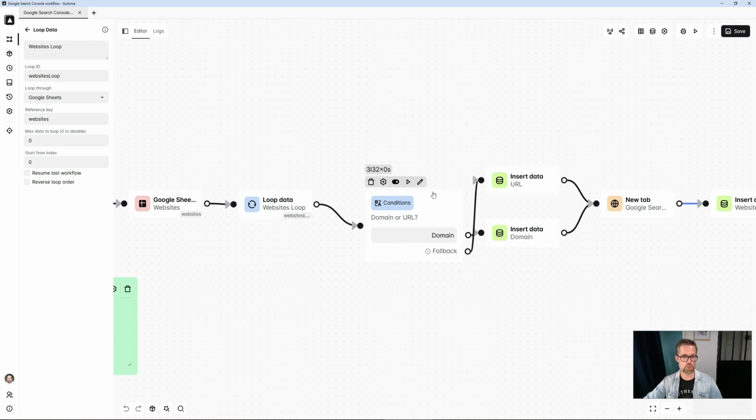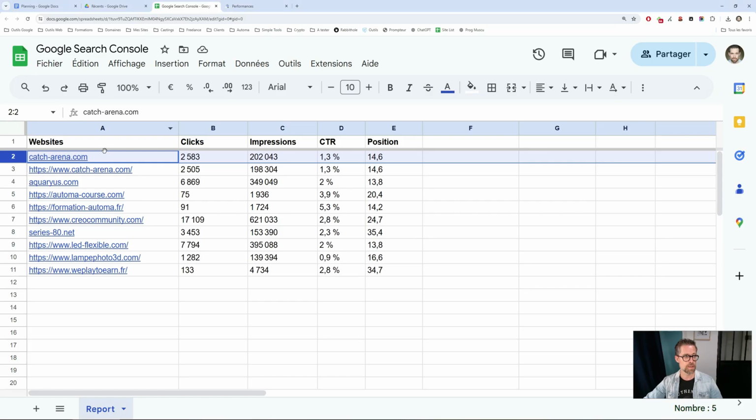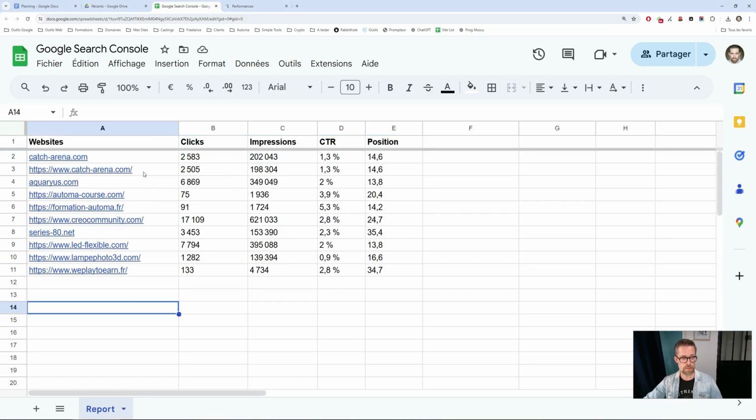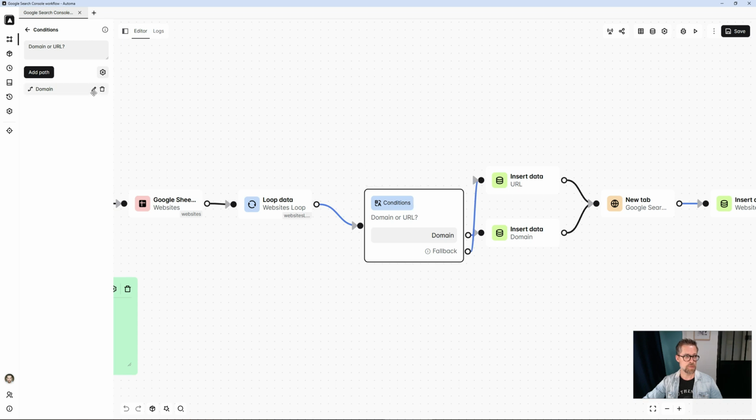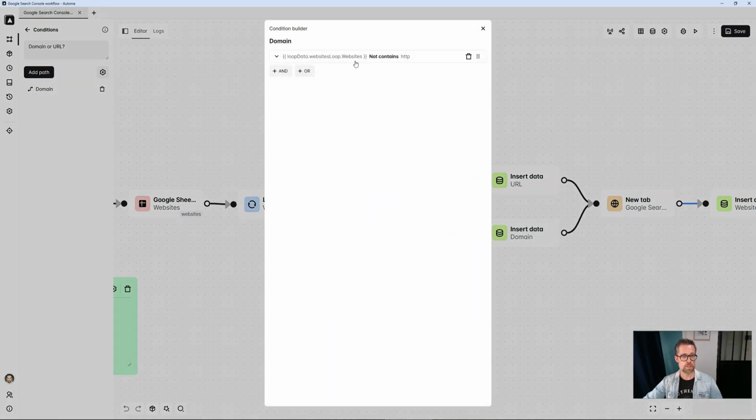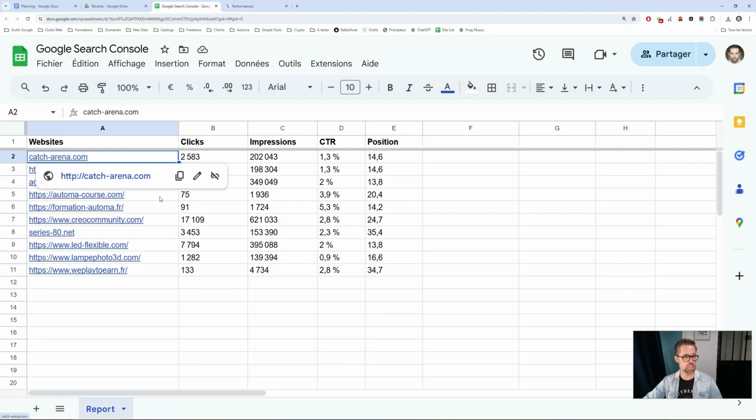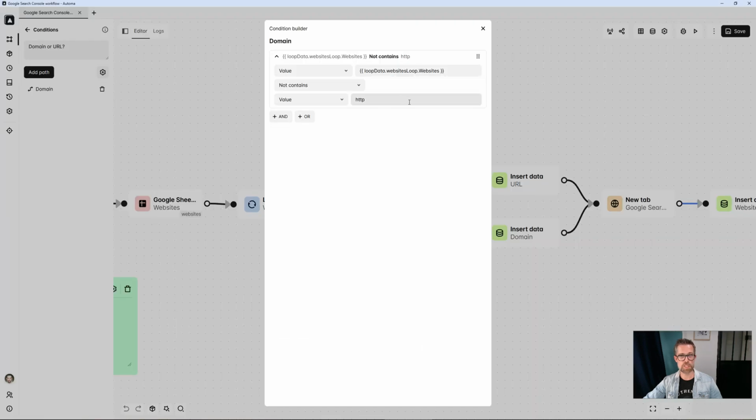So first of all, I check whether we're in the context of a domain or a complete URL, because the way to call the right URL on Google Search Console is not the same. So I check, well, domain, it's not complicated. Is the value I've entered here, does it contain HTTP or not? So to dynamically retrieve